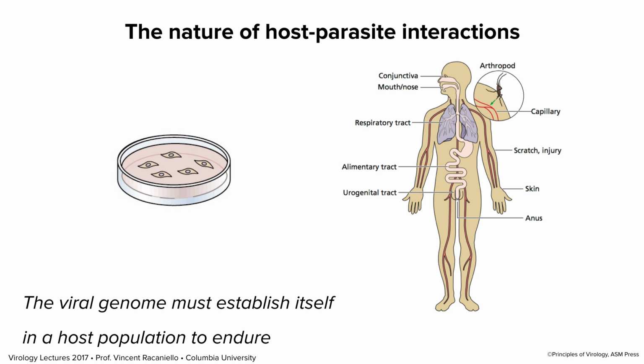But now it's another level of complexity, and we're going to talk about the issues that are involved, which include immune systems. Cells in culture don't have adaptive immune systems. They have innate immune systems, but not adaptive, so that makes a big difference. And there are no blood vessels or nerves. There's nowhere to reach. You just get right into the cell and you multiply. So those are the things we're going to be talking about when we talk about viruses going into their hosts. And today I want to give you a general introduction to some of the principles that govern all interactions of viruses with multicellular hosts.